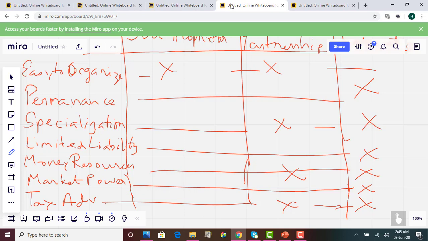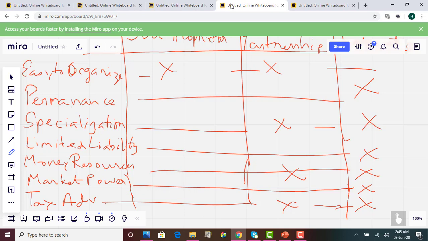But under sole proprietorships, the items that you can list as expense are very limited. You cannot list everything as expense, or you cannot list most of the things as expense under sole proprietorship. But for partnership and for corporations, you have a lot of tax advantages. There are a lot of loopholes, and there are a lot of options available to you as a corporation or partnership